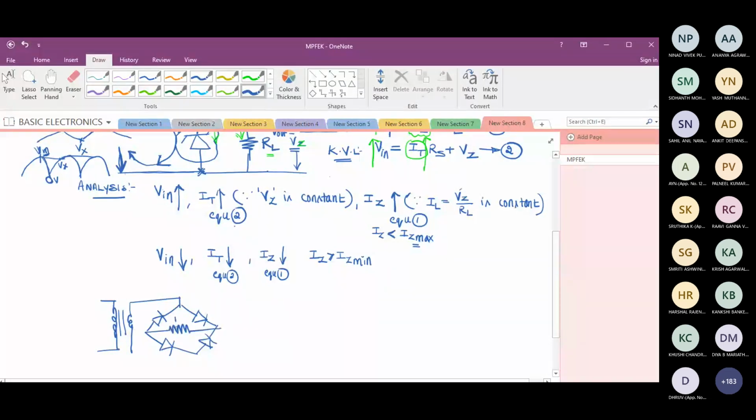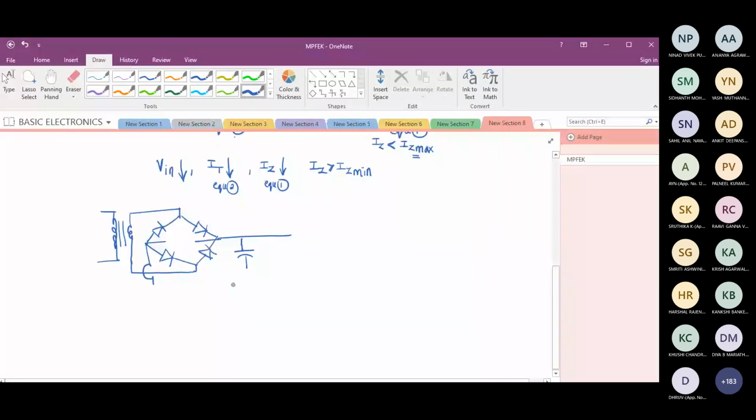So here we had connected the load. So right now, in my ultimate circuit to get a DC, I'm not going to connect the load here. So across these two points, what are we going to do? We are going to connect a capacitor. Yes or no? We are going to connect the capacitor between these two. Am I correct? Yes, sir.